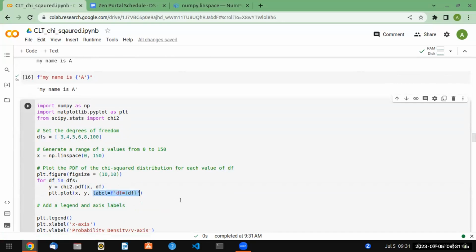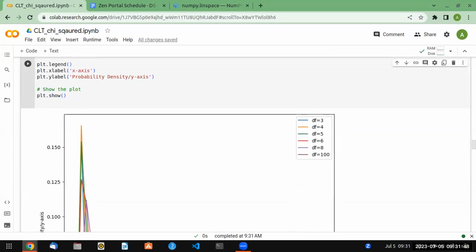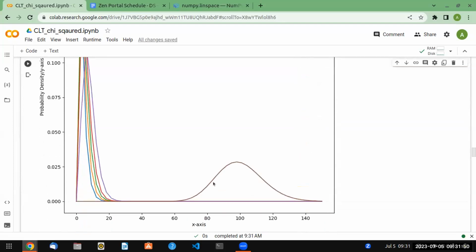Yeah. So we were using the legend function, so because of that we were giving the label. If we are not using it, then we don't need to give it, right? But if you don't use it, how will you distinguish between the curves? You have to give it, right? How to know this one is for degree of freedom 100, this one is for degree of freedom 8. So the point is here, if you see, when I keep increasing the degree of freedom,